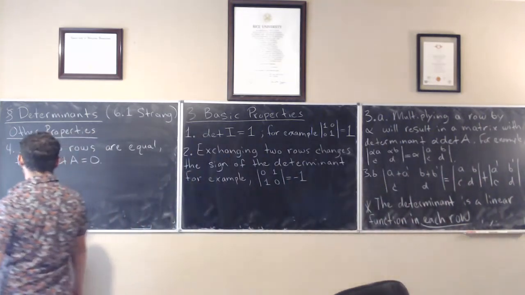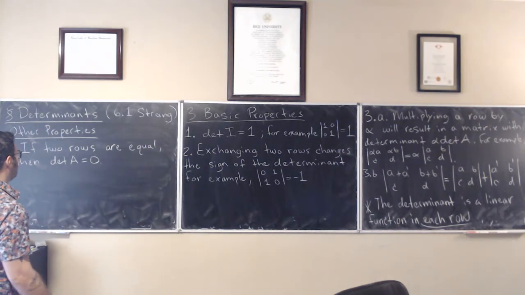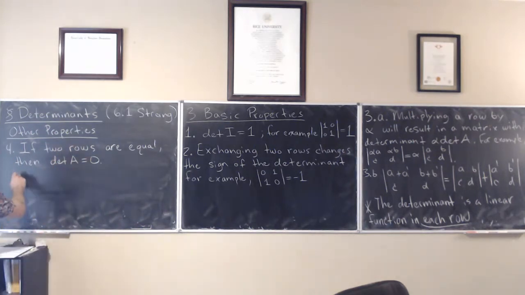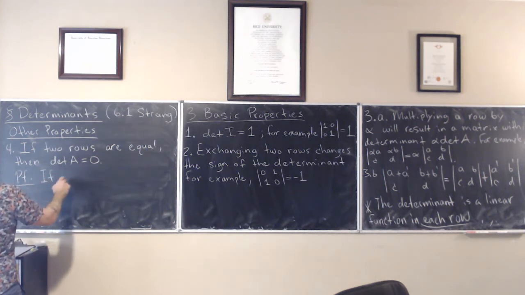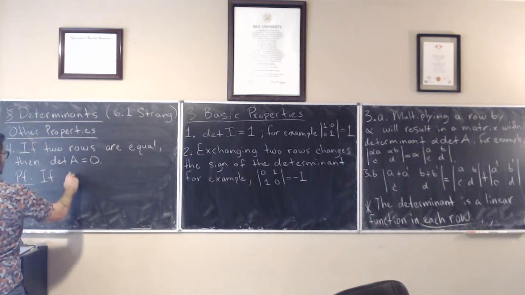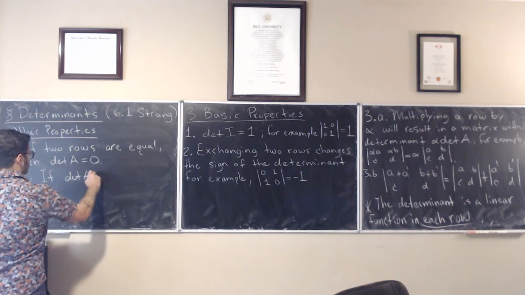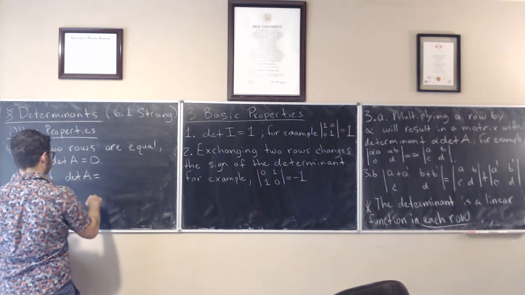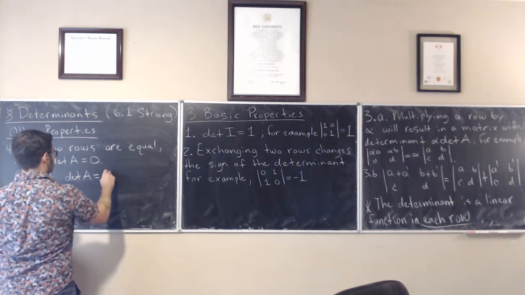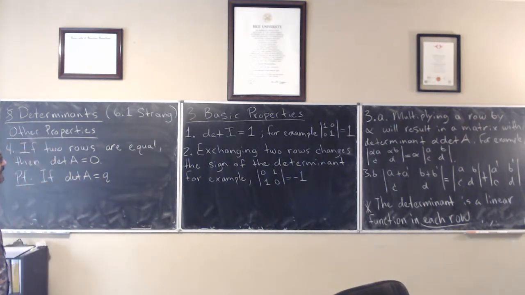Okay. Now, why would this be true? Just using the basic properties. So if the determinant of A is equal to some number, I don't know, Q or something. So if the determinant of A is equal to Q,